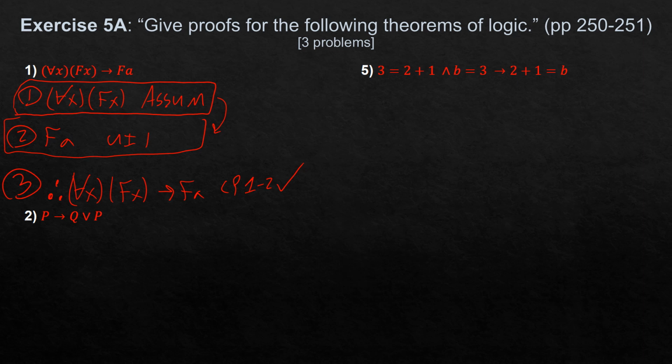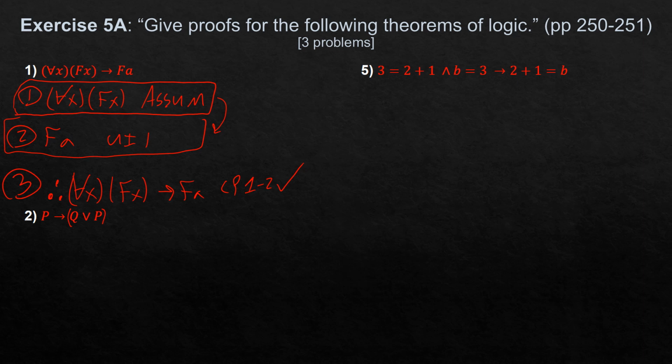What about theorem 2? We have if p, then q or p. This textbook doesn't require parentheses. Some would require it to be placed around this disjunction here. But in any case, this is also a conditional, so we should do a conditional proof. And intuitively, that makes sense as an argument. So if p is the case, then p will be the case. And we can always place something in a disjunction relationship with another as long as at least one of those